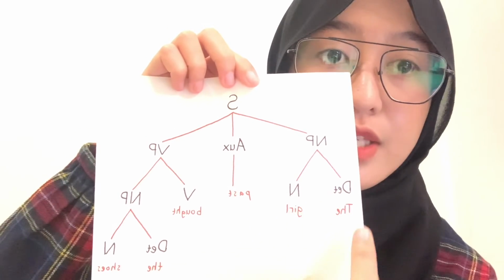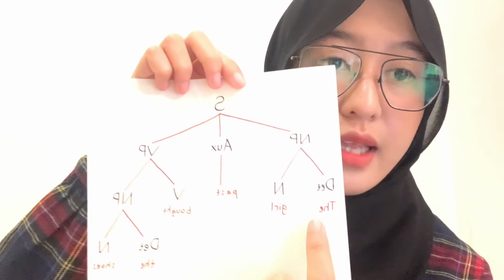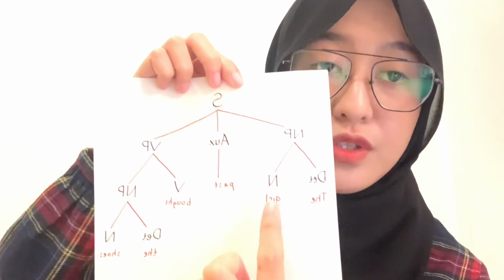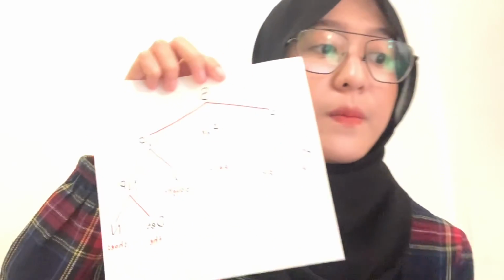The syntactic categories, like in this way, the is shown to be a determiner, girl is shown to be a noun, and so on. So words occur in trees under labels that correspond to their syntactic category. So I think that's all that I can explain about the constituency and phrase structure rules or tree diagram in